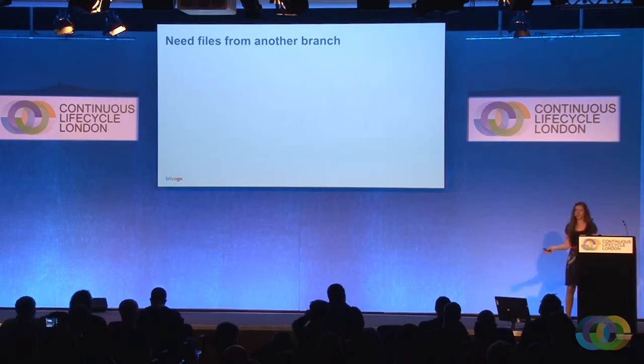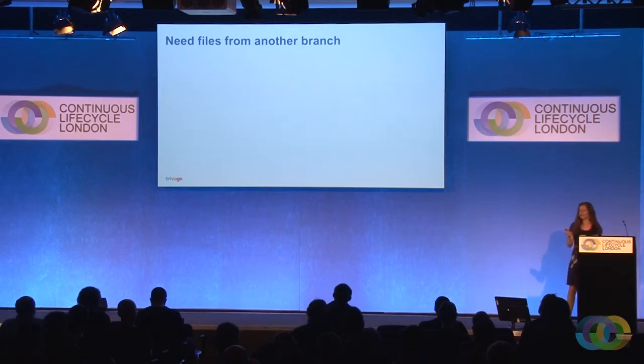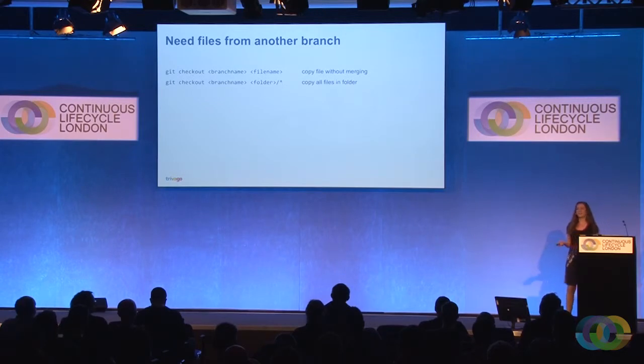So I did not want that. I just wanted a couple of config files, and I just checked out the files as they were into my branch. Word of caution, your local changes will be overwritten, so that only makes sense at the beginning of a project. If you're in the middle of the project,